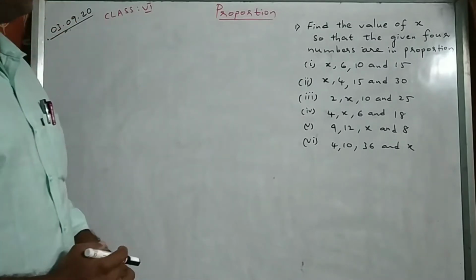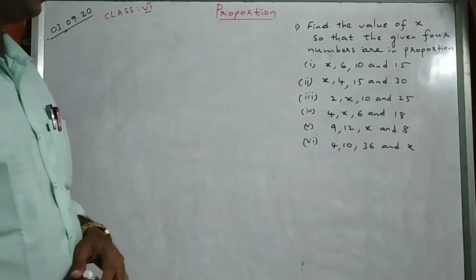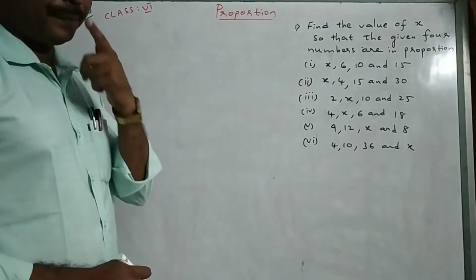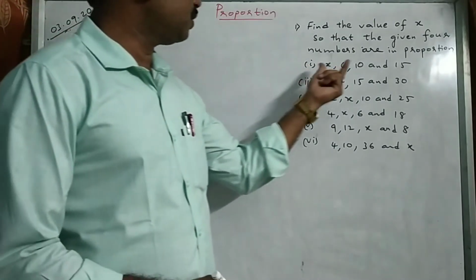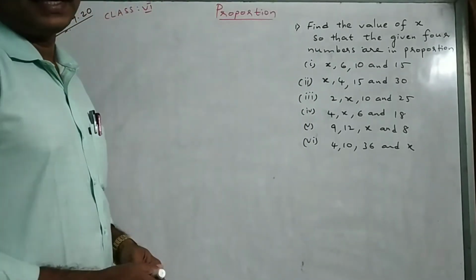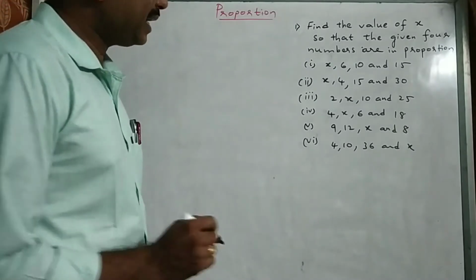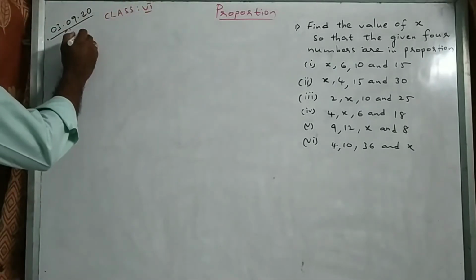If equality of ratios is made. Equality of two ratios is called proportion, and I told you the proportionality condition, that is product of means equal to product of extremes. So we are given here